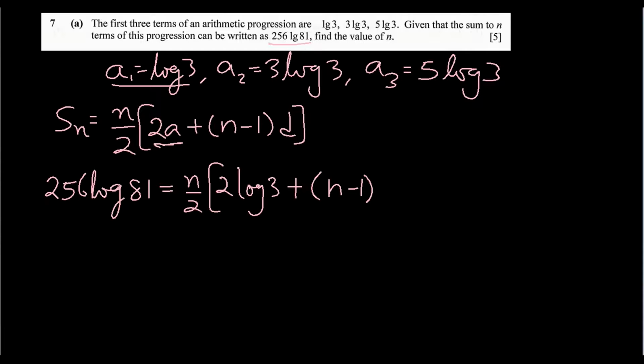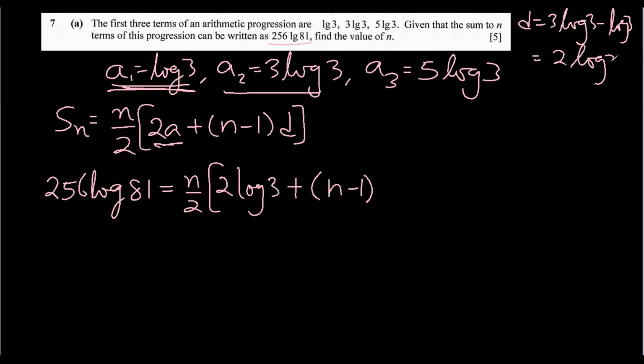For finding d, we can subtract any term from its next term. So let's subtract a1 from a2 and we get our d. So d equals 3 log 3 minus log 3, which will be 2 log 3. And that's what we'll write here, 2 log 3. Now, 256 log 81, let's keep it like this,